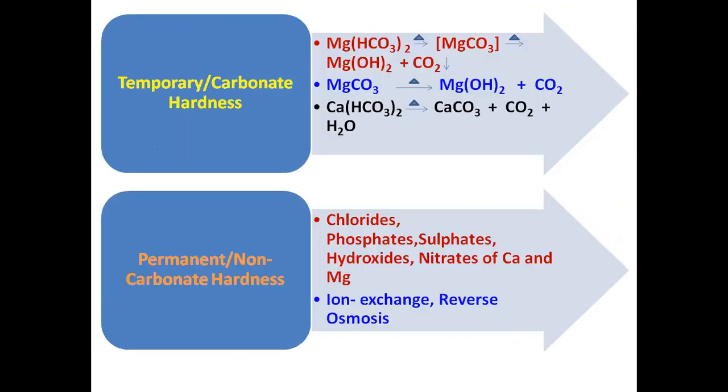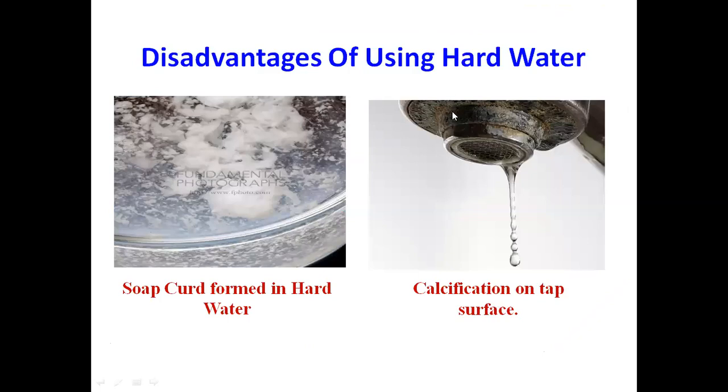Temporary hardness is caused by carbonates, right? Magnesium carbonate or calcium carbonate or calcium bicarbonate. And these are the various reactions which occur. Magnesium bicarbonate converts into magnesium carbonate and then magnesium hydroxide and CO2. This arrow should be upward, not a downward arrow. Okay,